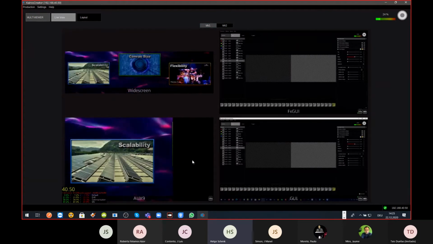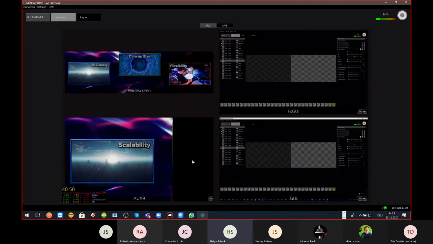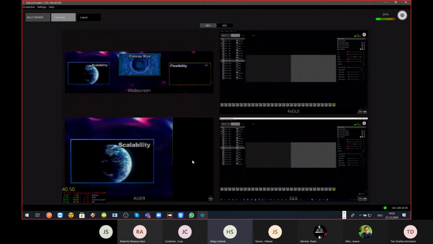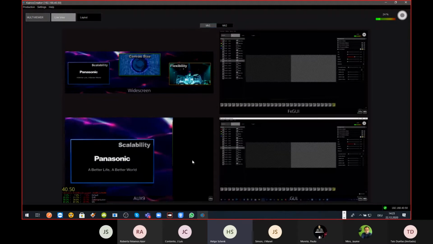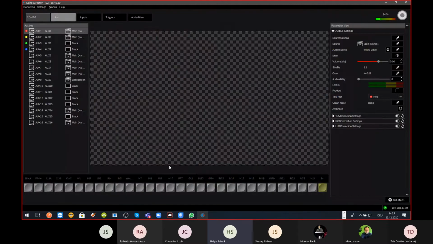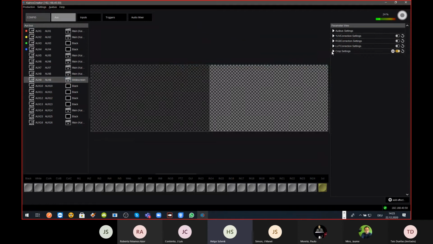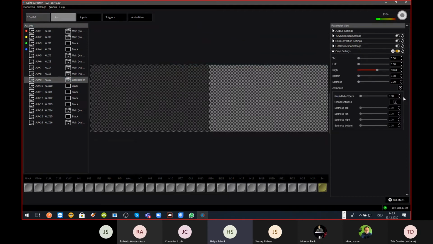Now when I increase the softness value over here, that's an overall softness on all my edges at the same time. Or I can go into my so-called advanced settings on this widescreen element, bring this down, enable this, say I want to have no global softness, then I can activate these controls. Say I want to have the softness only on the right edge over here. And when I increase that slider